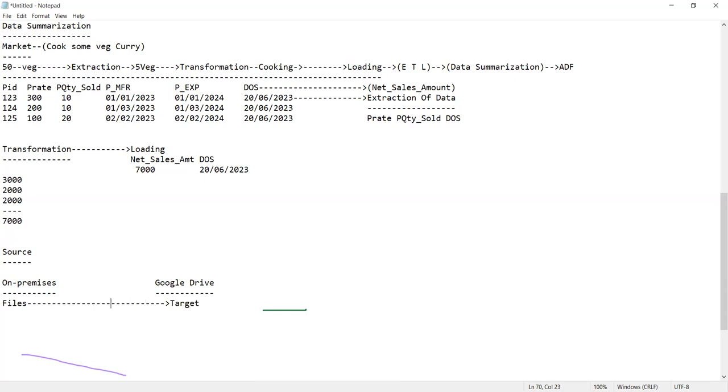So between the source and the target, guys, we apply the ADF. That is called Azure Data Factory. That's it, guys. So this is the thing you have, Azure Data Factory. So we can say that Azure Data Factory is used to perform the process of ETL, which is nothing but data summarization. Wherein, guys, when we talk about the cloud services,